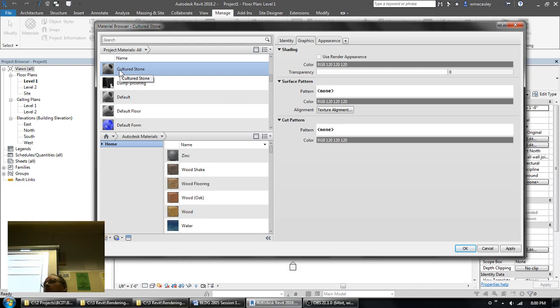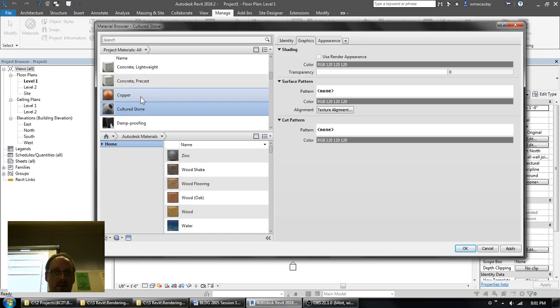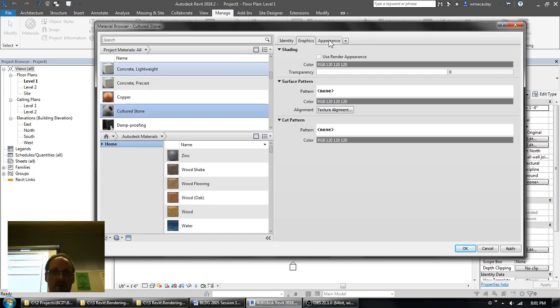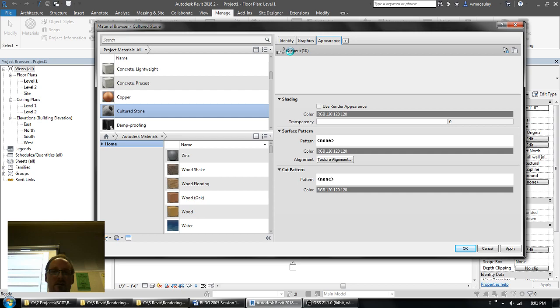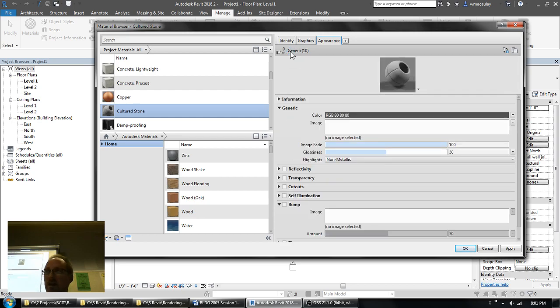Now, when you add a new material from scratch to your project, not only does Revit add the material for it, it will also create an appearance tab for it and a new appearance asset. Now, you can see that the appearance asset itself doesn't have a whole lot going for it. It's just flat gray. So our option at this point is to just simply roll with this asset,